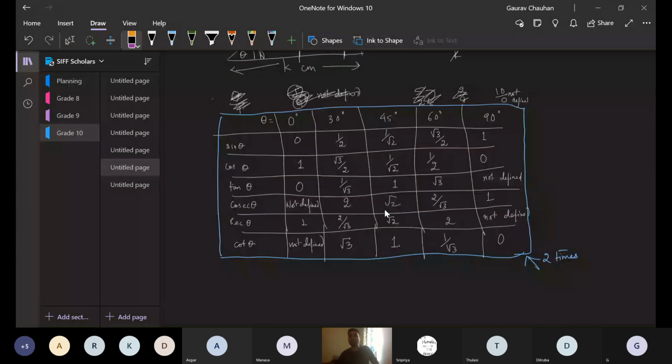We did not understand this actually, we just wrote down these values and we were asked to memorize, right? Memorizing this table is going to be very, very important. Two times you have written it already, yesterday and today. Two more times you will be writing it today, and you will try to do it without seeing. I have no way of checking, so it's up to you. And when you write, please number it as 1, 2, 3, 4, so that I know you're not just sending me the same photo again and again. But anyhow, it's up to you. It's for you to memorize.